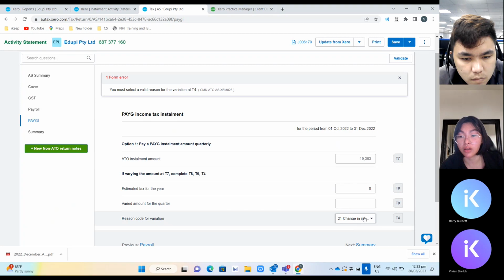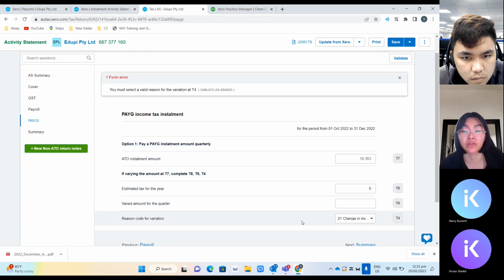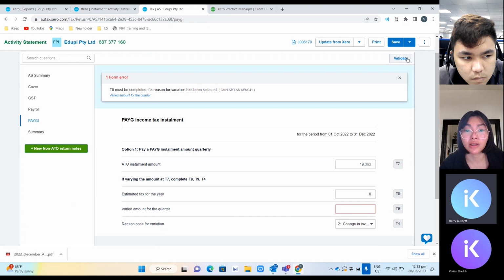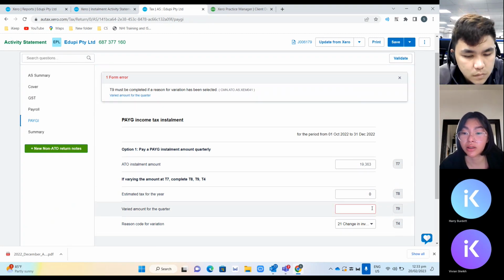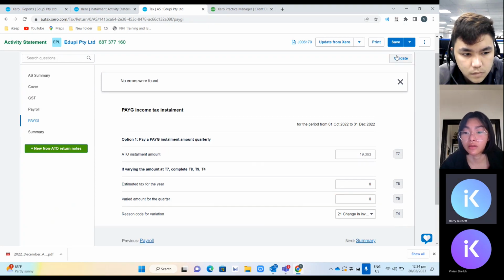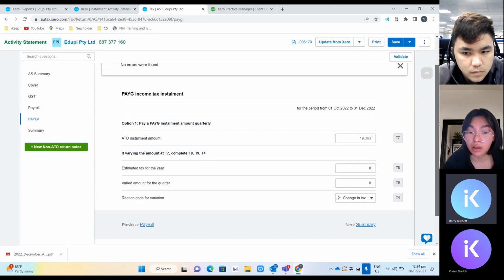For now, I'll just click change in investment, but you have to click the correct variation reason for this one, and then click validate again. The variation from the installment amount, was it? Yes. So if you click validate again, it will show here that no errors were found, and then you can just push it to, in this case,